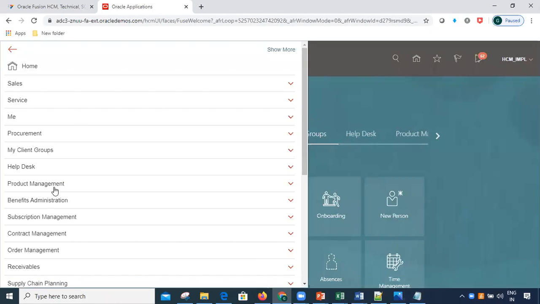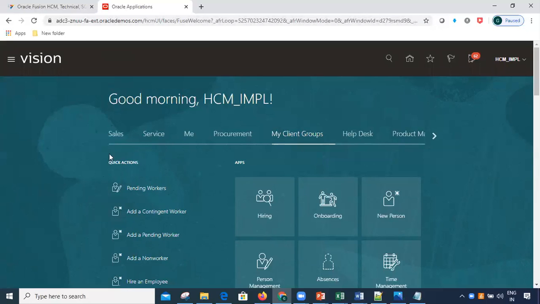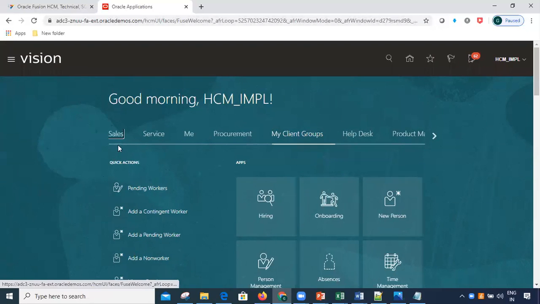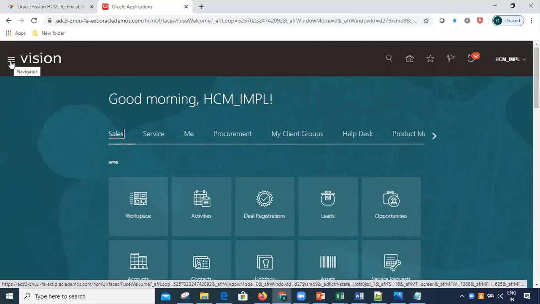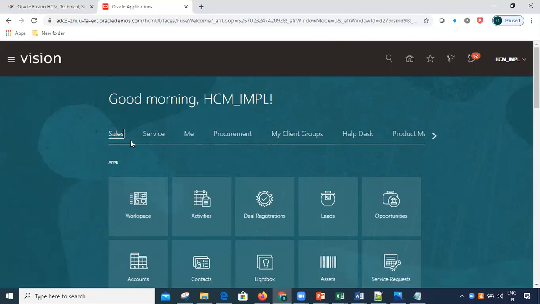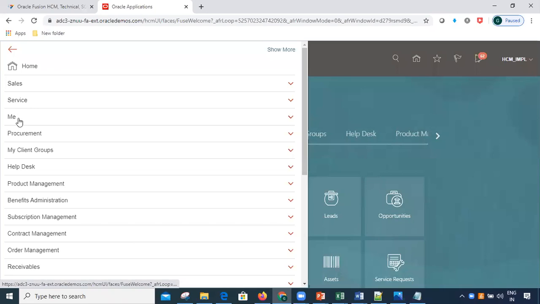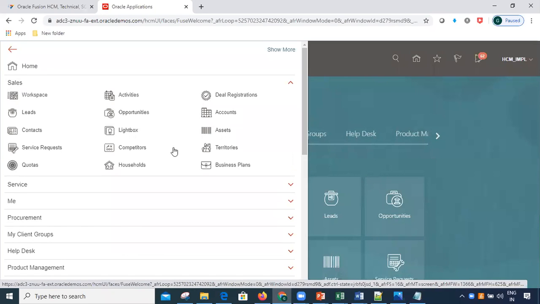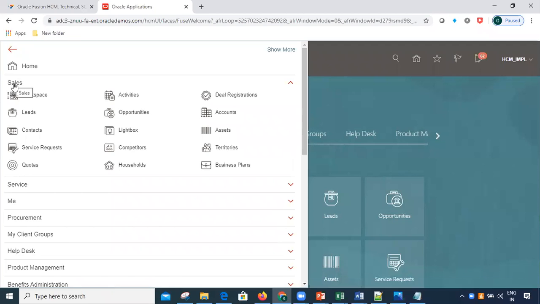If I click on this, I can see several functionalities available. What are all these things? Whatever you are seeing on the Springboard in the horizontal way, the same functionalities you will see in the Navigator in the vertical way. See, sales, service, me, procurement. If I expand this section, I can see the sub functionalities under that functional area.